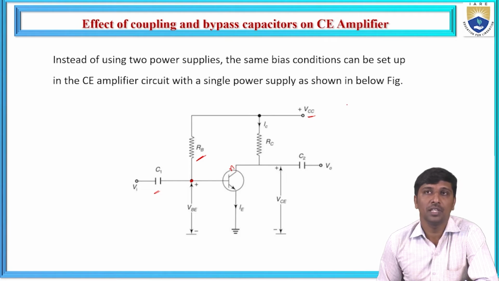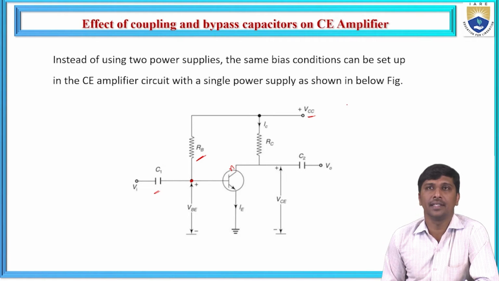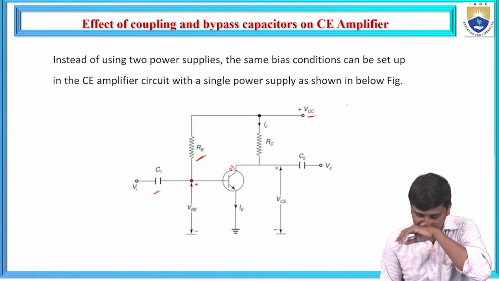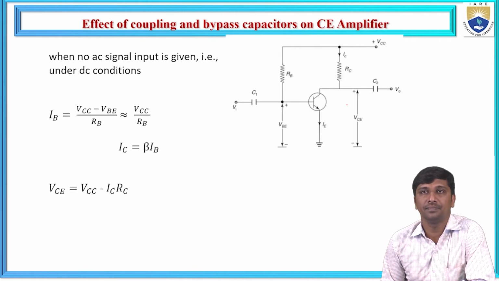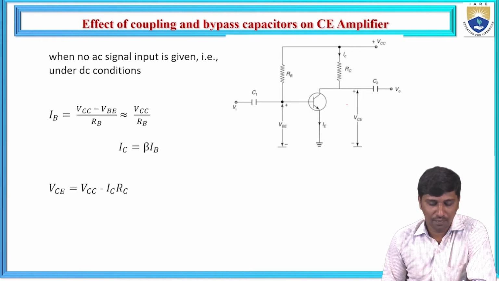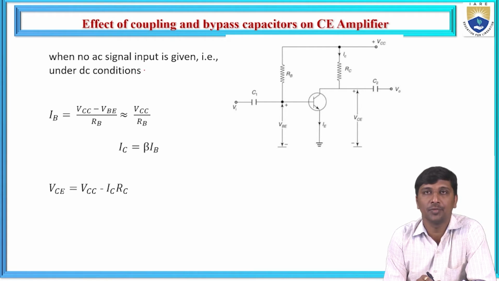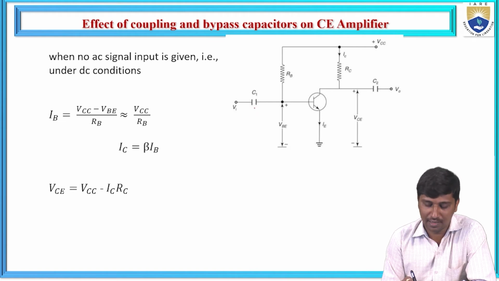Before this, we need to identify the DC biasing conditions as well as the AC biasing conditions. Let us consider the absence of the given AC signal, so only the DC conditions. We know what happens under this DC condition: the capacitances act as a blocking open circuit. So the C1 and C2, the two capacitors,